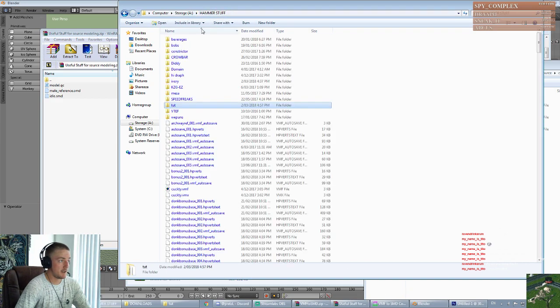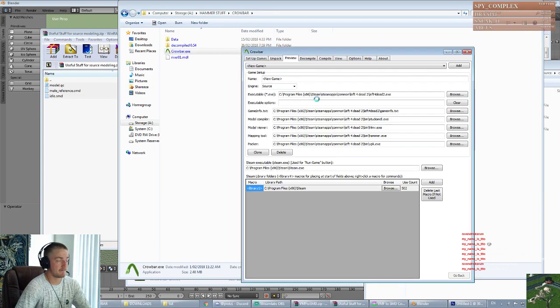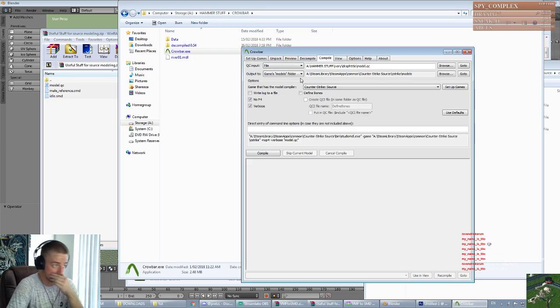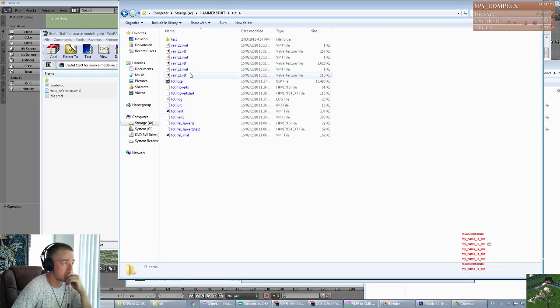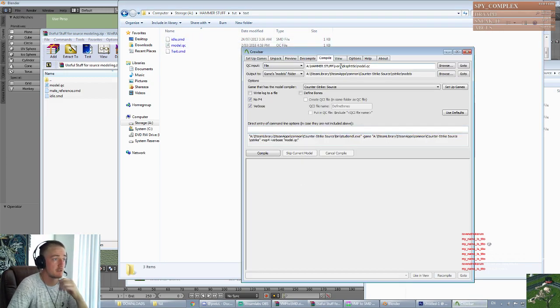Another program you will need is Crowbar. Opening Crowbar. Well, first of all, you need to set up your game directories. I'm sure you'll figure it out. So good. Hammer stuff tut text. Okay. So we'll change this directory to hammerstuff tut / text. Oh. Text